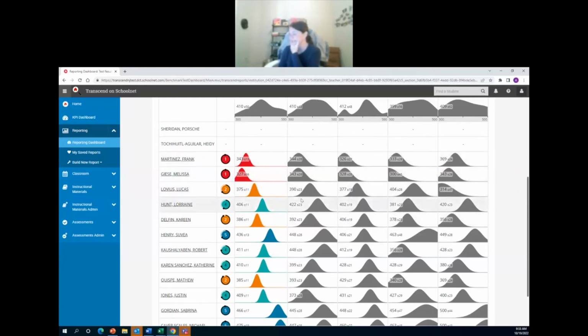Other things are indicated here in terms of where the student's score is relative to that 300 to 500 scale. So these little visualizations will be further to the left if students received a lower scale score, and further to the right if they received a higher scale score. If these visualizations are really wide, then that means that they received a wide variety of difficulty items and performed in a varied way. If the little visualizations are tighter together, that means that the algorithm within the computer adaptive assessment was able to hone in on the particular difficulty that was the right spot for the student.